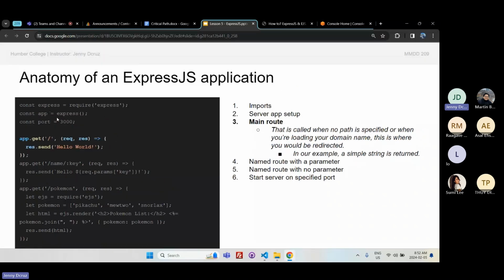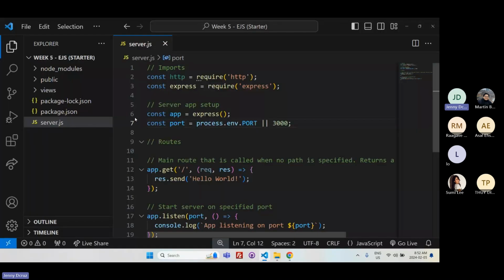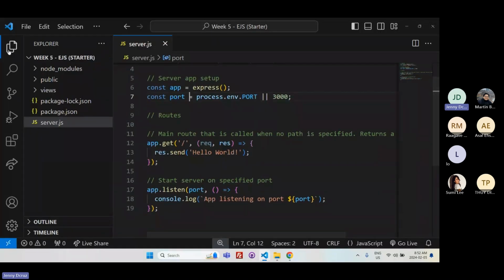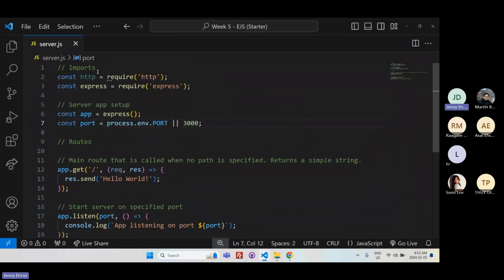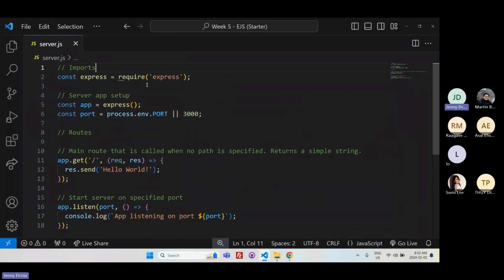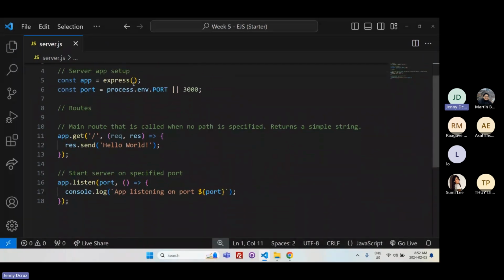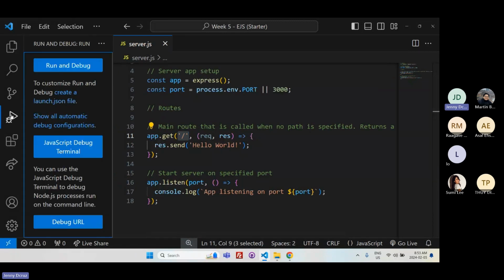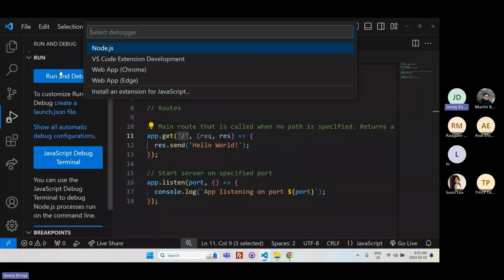So let's create that in the project folder that we were seeing today. You have been provided with that already. This was just for instance. I can remove the HTTP module. What we do require is the Express module. We created an instance of it, and now we are using this app variable to create our main route that will be called upon when no path is specified, which means if we run server.js as is in our Node.js environment,